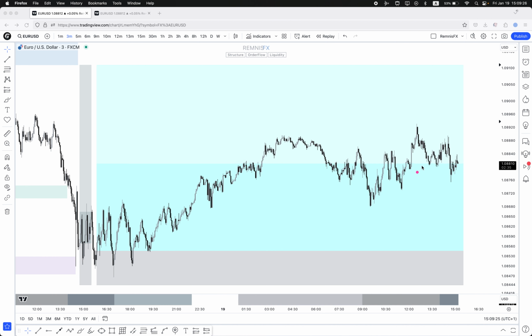Now, obviously, why did this happen, right? Let us have a look here. We have our Asian Open here, and we have our London Open, like that. Basically what we can see, this was our Asian high, like that, and this was our Asian low. So basically what happened here